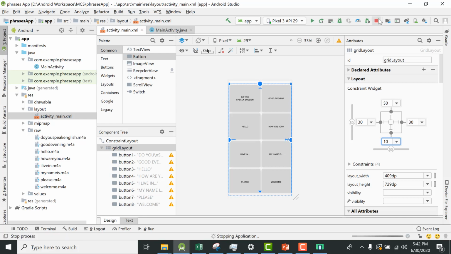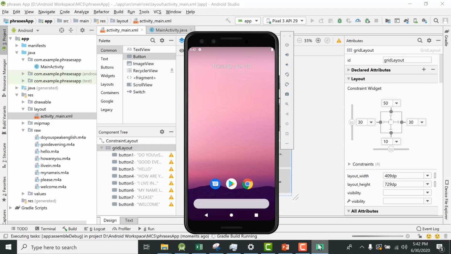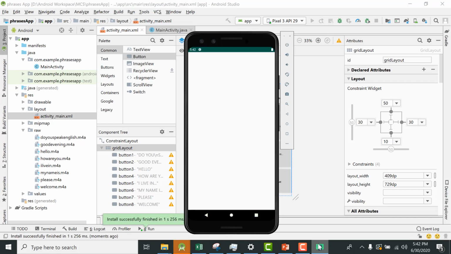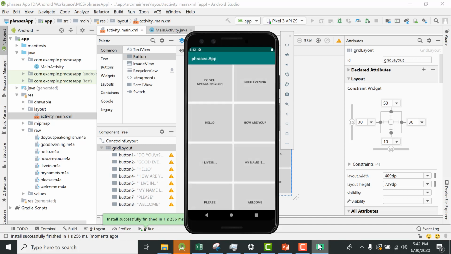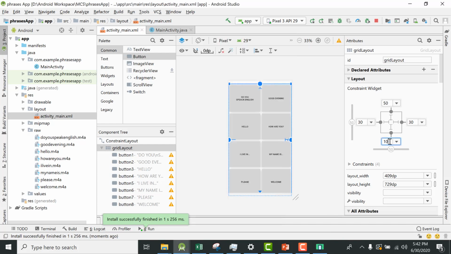Okay, so now I'm going to run it again and I hope that there will be some improvement in our design. Okay, you see that there are some design issues. The first thing is that I should also squeeze it from the bottom.